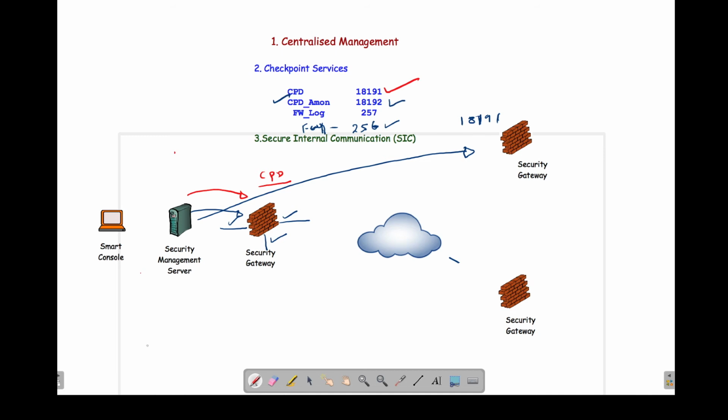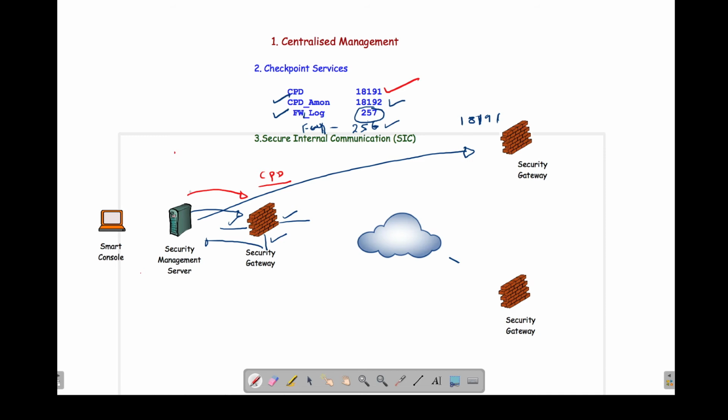Similarly, when I ask the checkpoint firewall to send a log to the management server, it opens a connection to the firewall 1 log service running at port number 257. The security gateway opens a connection to the management server at port 257 and then sends the logs to the management server.